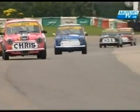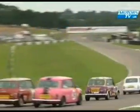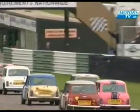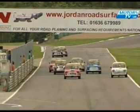But surely Chris Morgan is going to take the win. Morgan, I think, is going to take the win. Polly's up to 3rd, but Slark's got the inside line now for 3rd position. There is the checkered flag. And Chris Morgan wins it. Peter Bonus 2nd. And Joe Polly, it's a photograph of